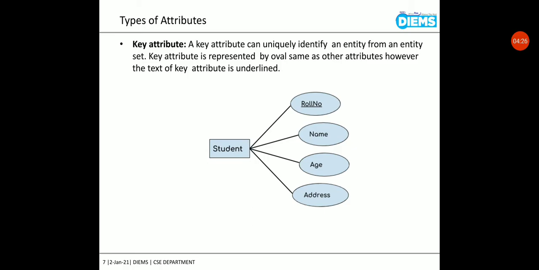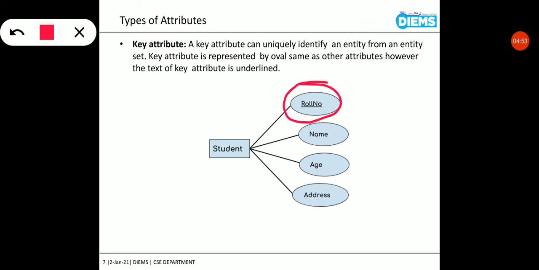But as far as the different attributes are concerned, this student entity can be identified uniquely with the help of the roll number as an attribute. So we can say that here the roll number is the key attribute for student entity. So key attribute is represented by an oval, same as other attributes. However, the text of the key attribute is underlined. So you can see here in this diagram, this roll number is underlined.